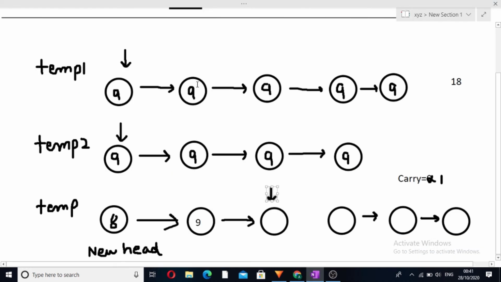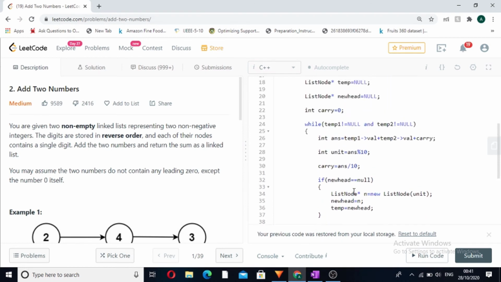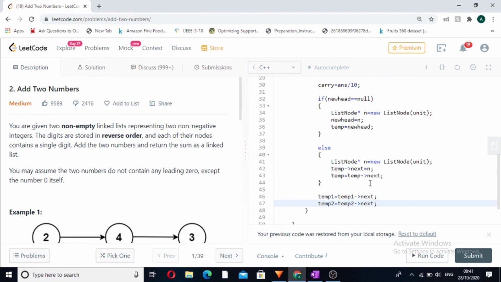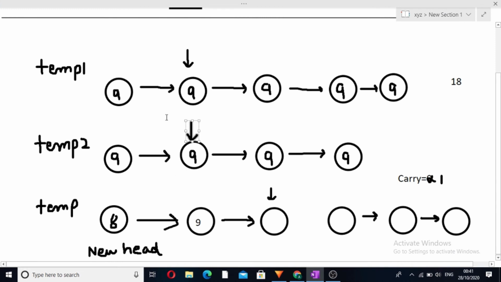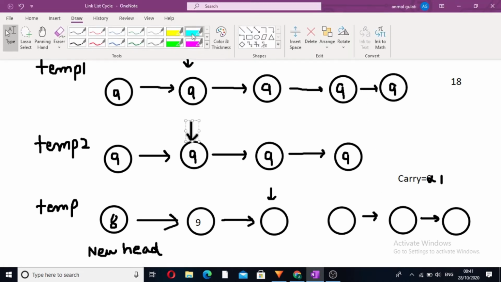If the work at this node is over, we will simply do temp1 is equal to temp1 next and temp2 is equal to temp2 next. So after the while loop is over, the new linked list will be formed. The new linked list will be formed till here, that is, for the 4 elements it will be formed.